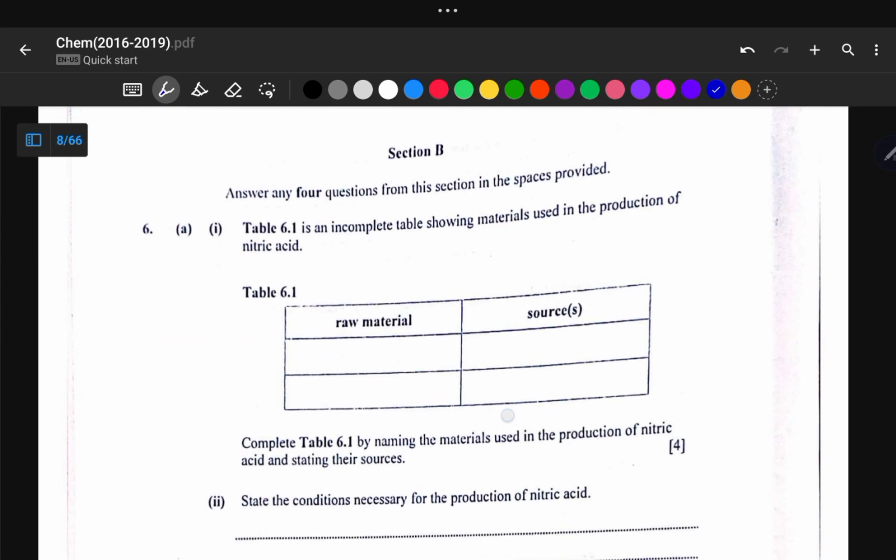So number 6 says we are given this table, and it is incomplete, showing the raw materials used in the production of nitric acid. So the production of nitric acid is what we call the Ostwald process, right? So we are required to complete this table, providing the raw materials and then the source of the raw materials,